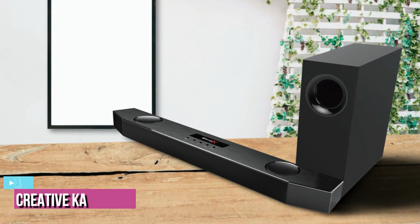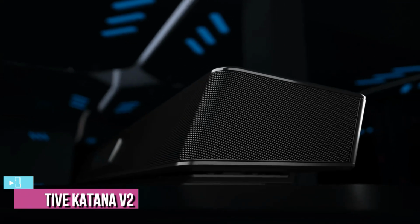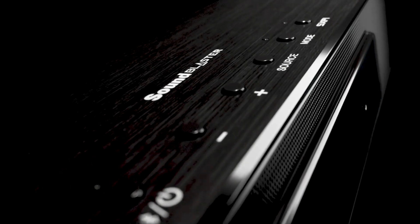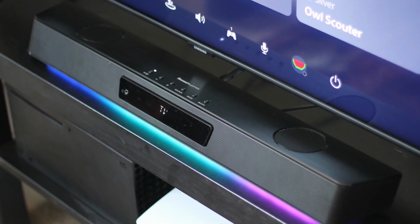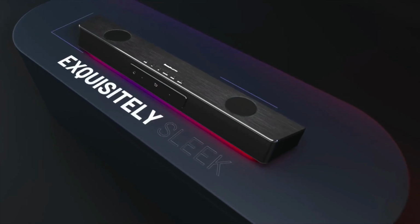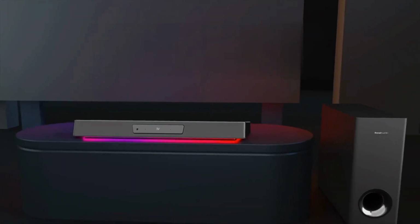The last product on our list is the Creative Katana V2. The Katana V2 is a significant upgrade from last year's model with a sleeker look and, more importantly, better sounding tweeters and subwoofer. The V2 can be effortlessly tucked right under your monitors and TV, with a slim profile shorter than 60mm. This under-monitor audio system is drastically superior in form and function to ordinary gaming soundbars, and is perfect